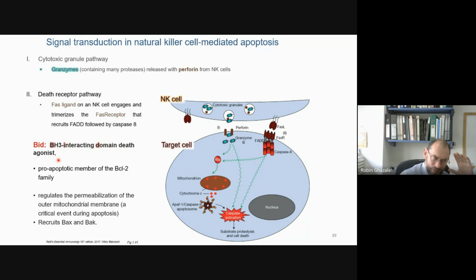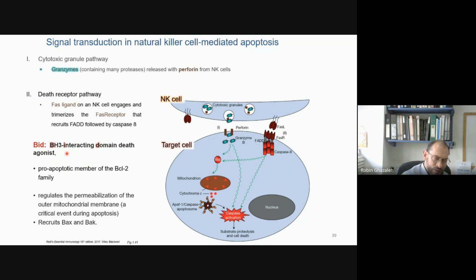There may be sequence differences between the different proteins in terms of their domain, 90%, 95% sequence similarity at the amino acid level, but enough similarity to consider them to be cousins belonging to the same family with similar structure